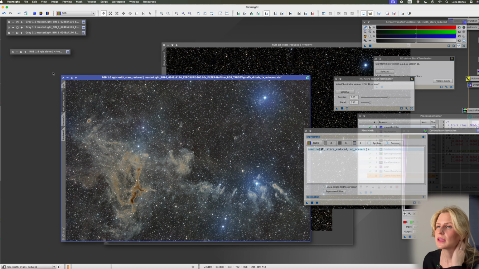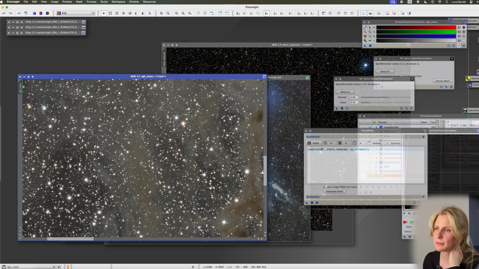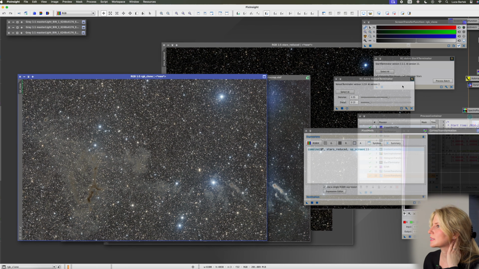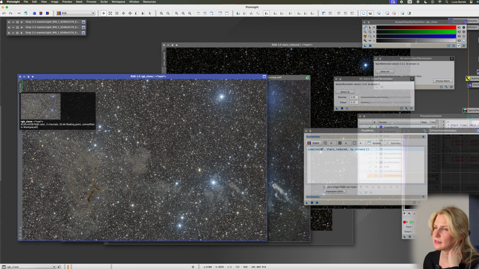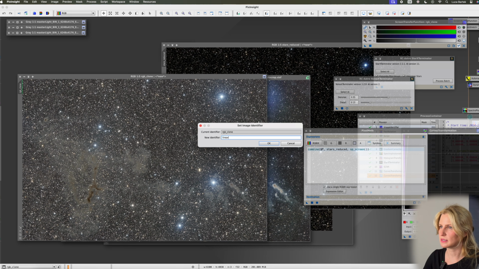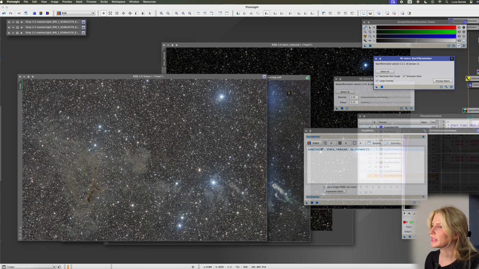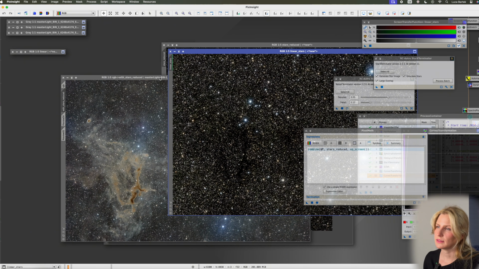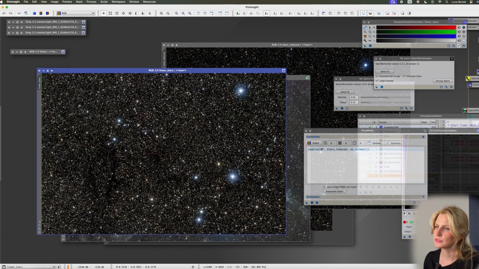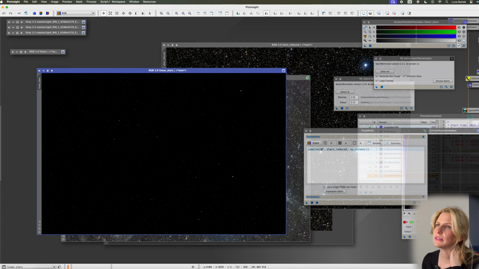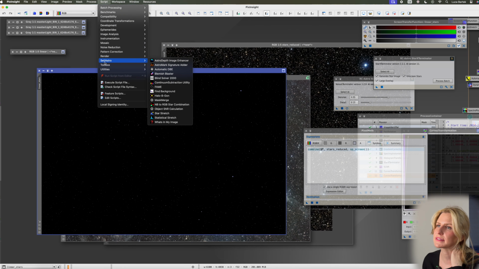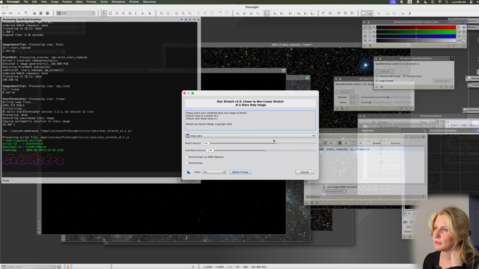This doesn't convince me. I think I will have to try an attempt to stretch the stars separately. For that, I need to separate the stars still in the linear phase. So I will call this image linear. Then I will extract those stars, and therefore I have an image called linear stars. I recently downloaded the script library of SETI Astro, and he has a star stretch. I have variable success with it. Some images work really well, some images I don't like. So I will just try to see how it